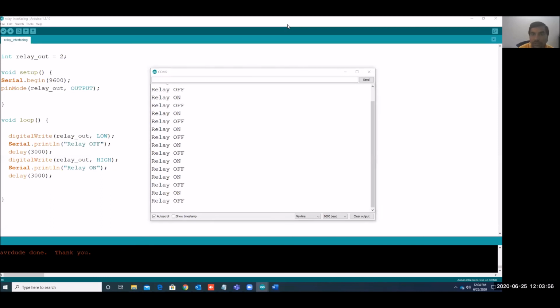Yeah, how to connect the relay in Proteus simulation. Okay, the relay will not show physically there, but we have a relay symbol in Proteus. So physically I don't think we can do that. Instead of that, you can just blink the LED in Proteus. But physical contact I don't think will be there. I will check if I can get some animated relay, then I'll try. I'll show you that.